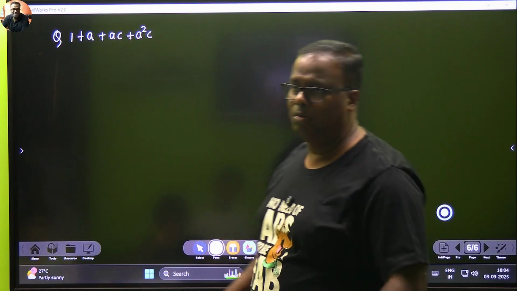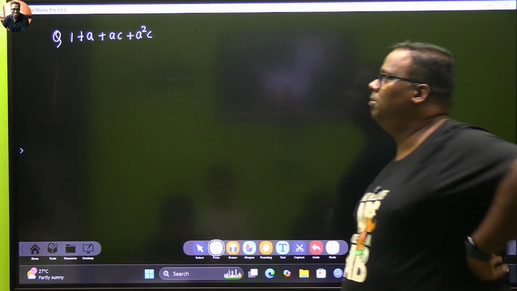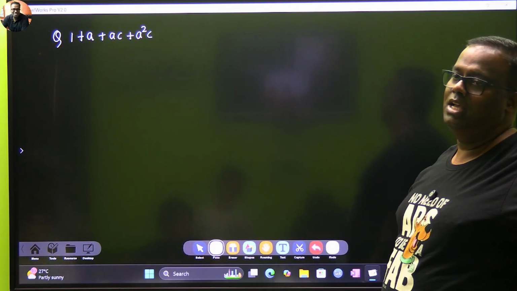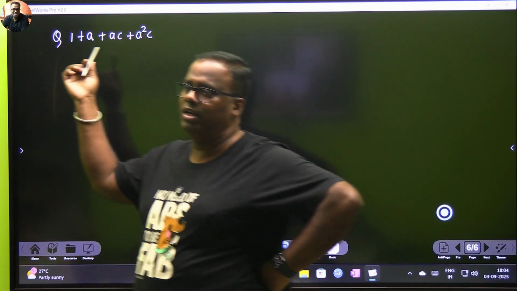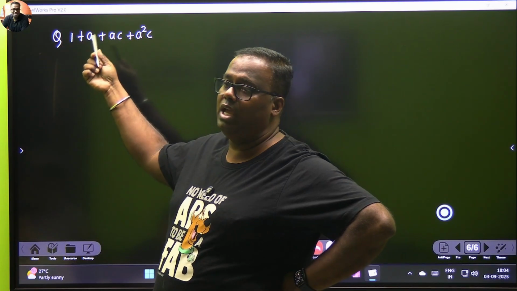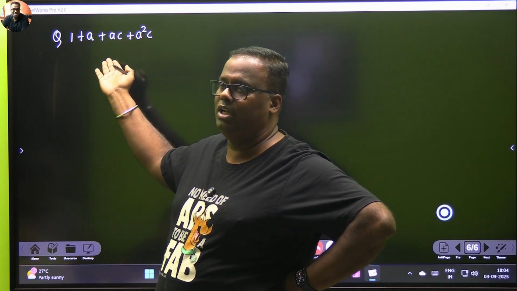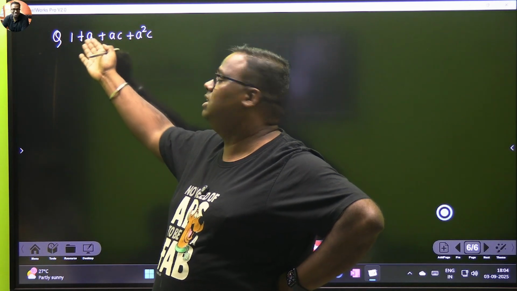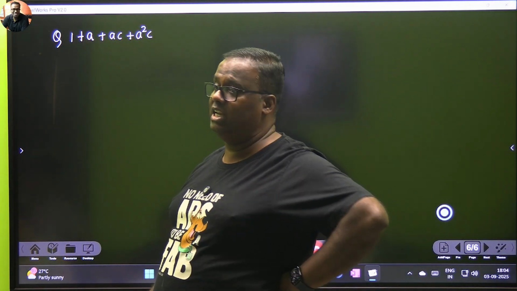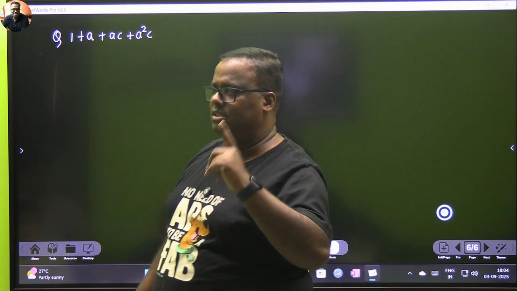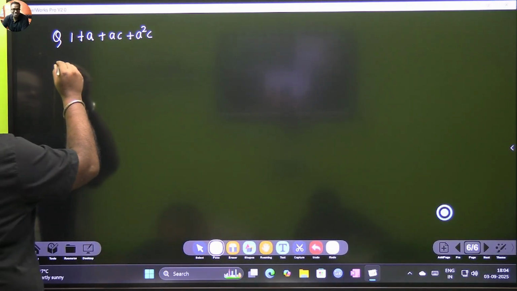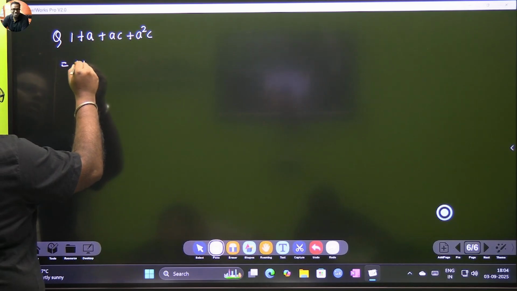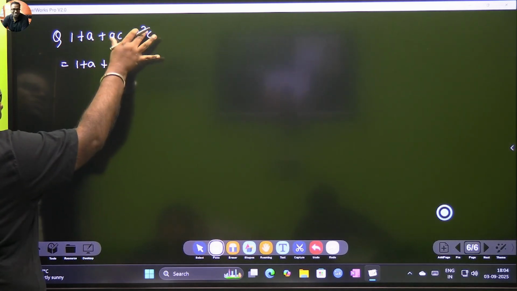So this is our problem. If we look at it, it is 1 plus A, AC, A squared C. Now the issue is that this term is only 1. It is not going to give us anything other than 1, it is neither an A nor a C, so we are landing up in some problem. But there won't be a problem. For the time being, let's leave these two the way they are and look at these two.